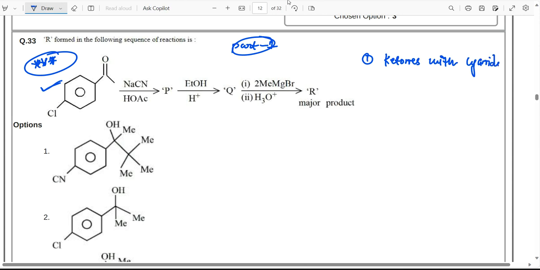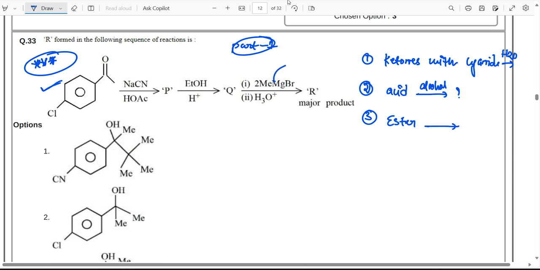Second, what happens when cyanides are reacted with water, that means hydrolysis, and what will be the product when acid is reacted with alcohols. And the third and last important point is when ester is reacted with